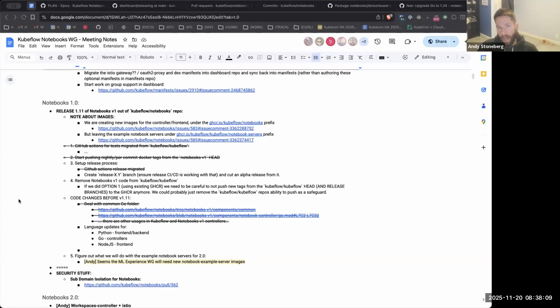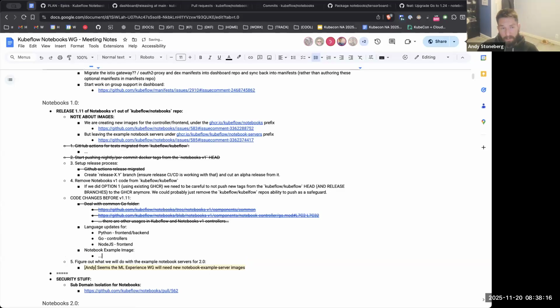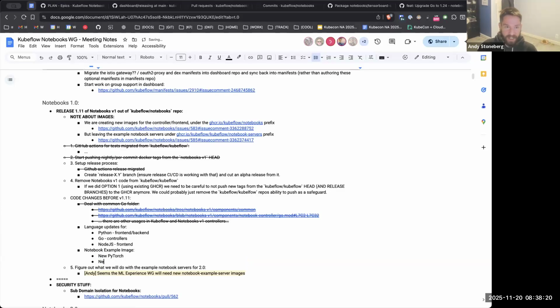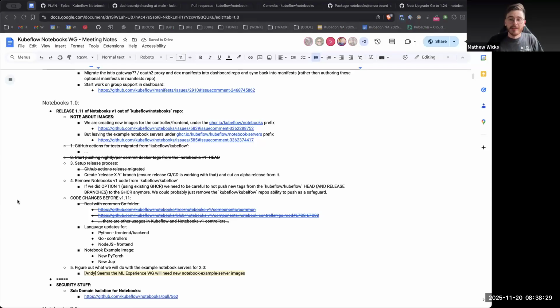Although, I completely agree, not arguing, and I'll join the release call on Monday, but the timeline of when they want v1.11 versus updating all 20 plus of our images, we just need to make sure those stories are aligned. This one's critical because these technically have CVEs as well in some sense, you know what I mean? And while the goal of these notebook images, example servers, is very different to the goal of the controllers, because the user can make their own if they really care about certain security issues.